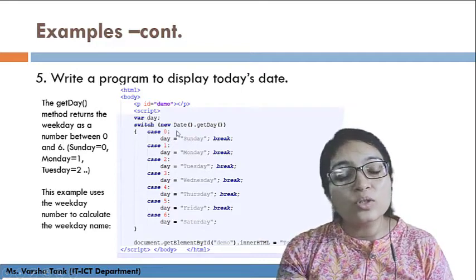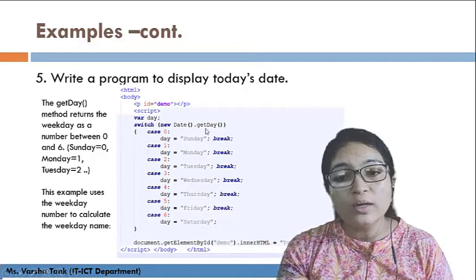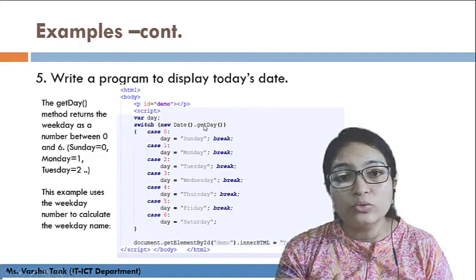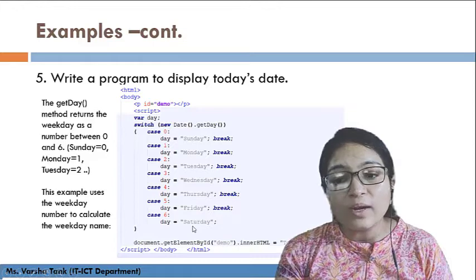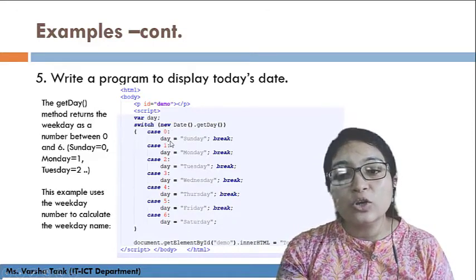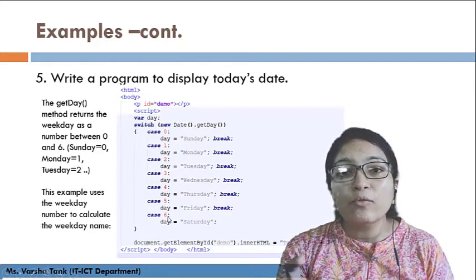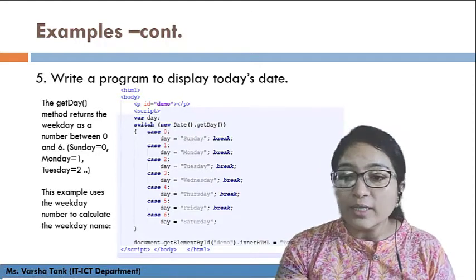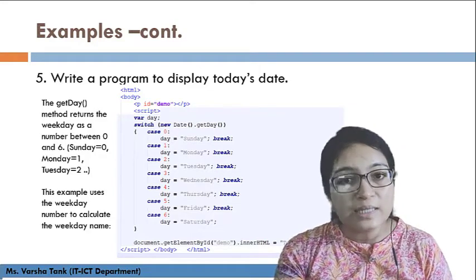Okay, and here we have used the switch case, in which we are accessing new Date().getDay(). So what will happen? It will return the number 0, 1, 2, 3, 4, 5. Now suppose today is Saturday, so for Saturday what will it return? For Saturday it will return 6. So here 0, 1, 2, 3, 4, 5 and 6. That means it is the number of the day. 0 means Sunday, 1 means Monday, likewise. Got it? So in this way it will display the output, that is Saturday, if today is Saturday.